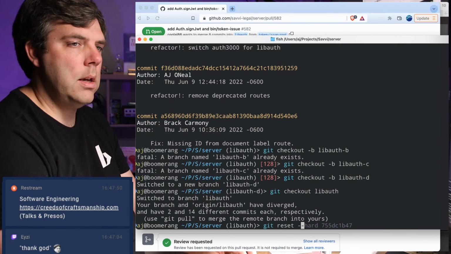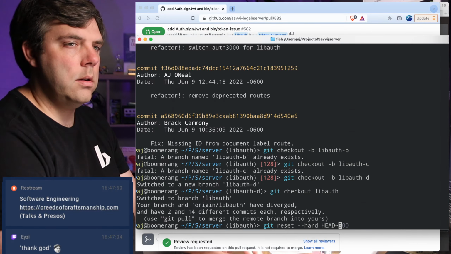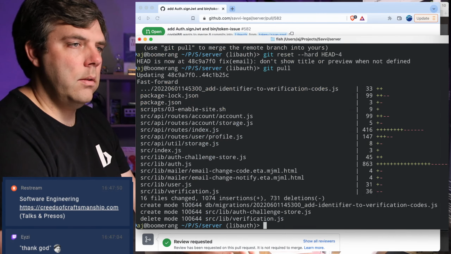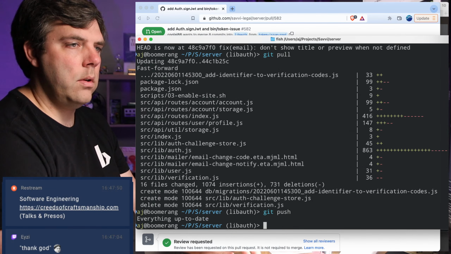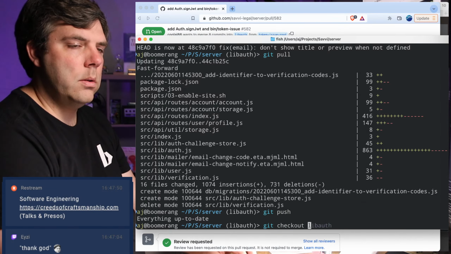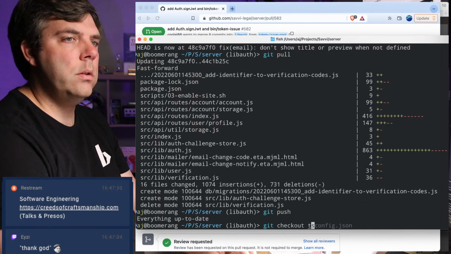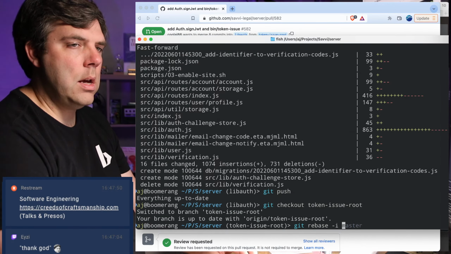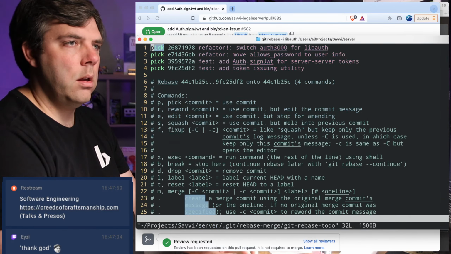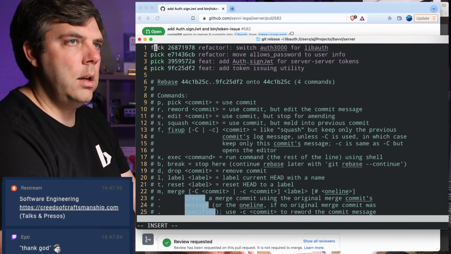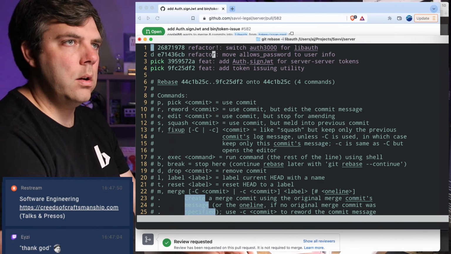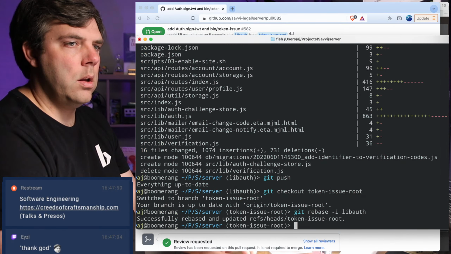Git reset --hard HEAD~4. Let's see if this will pull in. Okay, and that should have not. Okay, good. Everything's up to date. Let me go back out to this one. What was this one called? Token issue root. And then I'm going to rebase -i live off, and basically just drop.